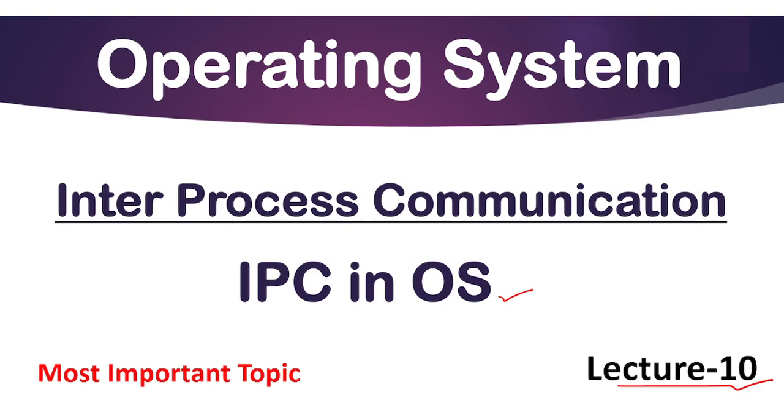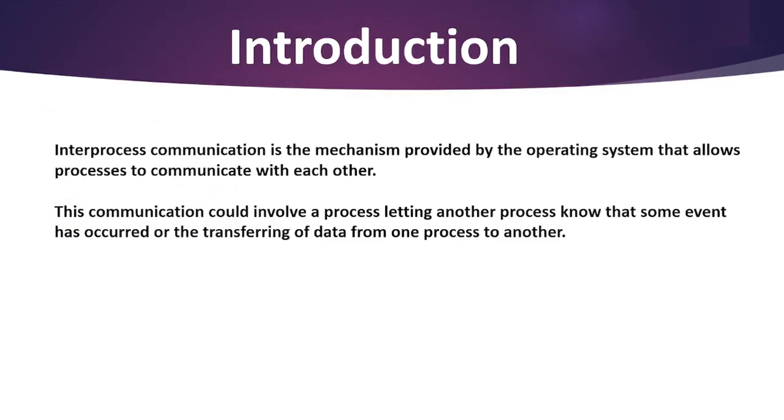So let's start with the introduction: what is inter-process communication? Inter-process communication is the mechanism provided by the operating system that allows processes to communicate with each other. In simple terms, IPC, that means inter-process communication, is used for exchanging data between multiple threads